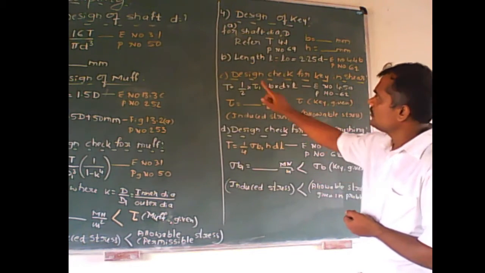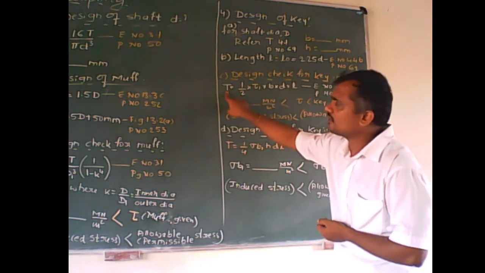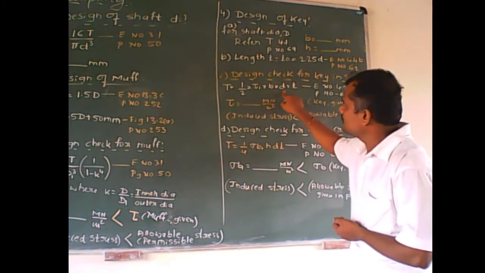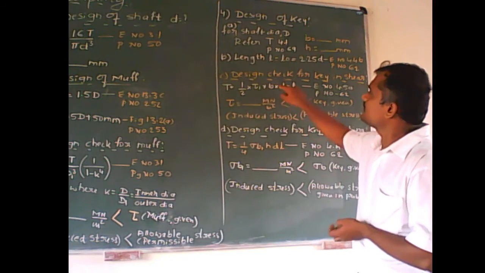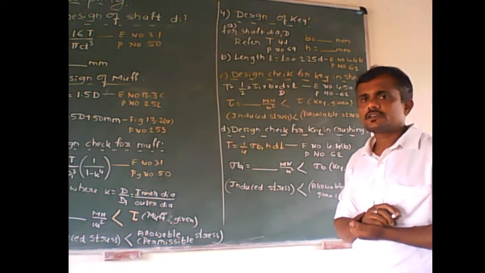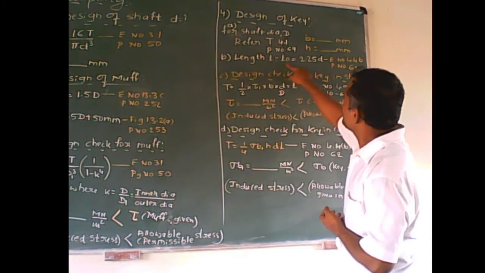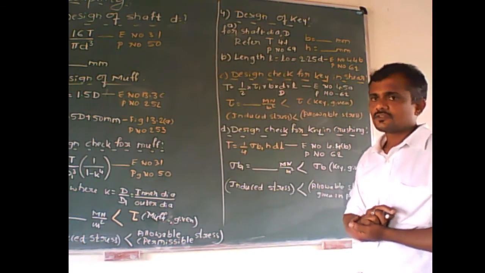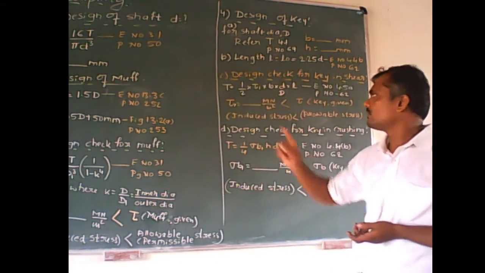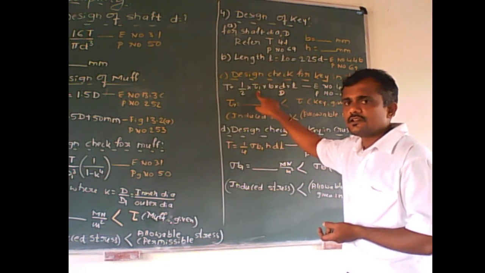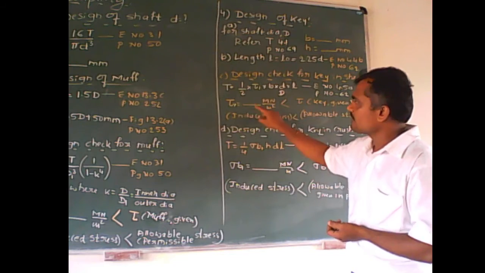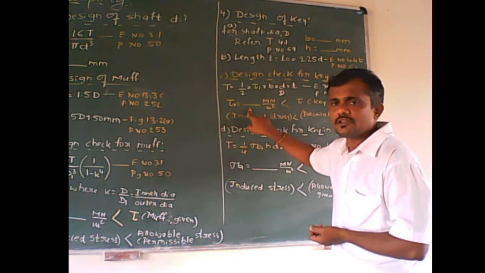Here, what do we have to do? We have to substitute the value of torque, substitute the value of breadth B, substitute the value of D. This D is nothing but capital D of a shaft. And this L is obtained from this value L. So after substituting all these, we have to calculate this tau 1 value. We have to write it in mega Newton per meter square and check. This is the calculated stress value tau 1.